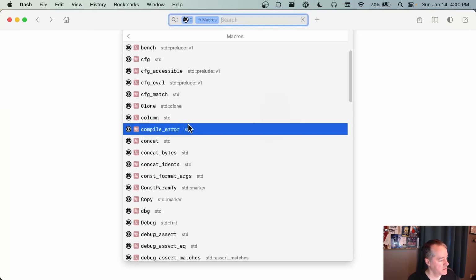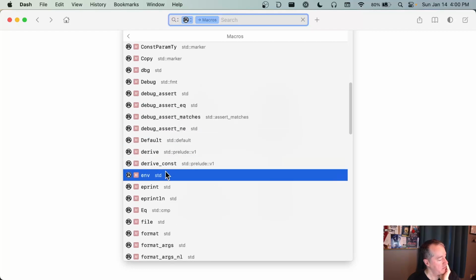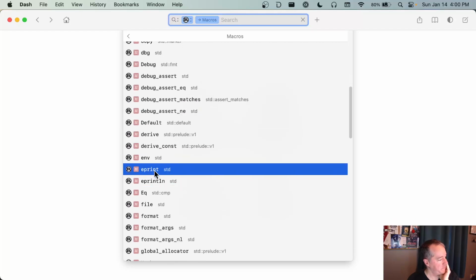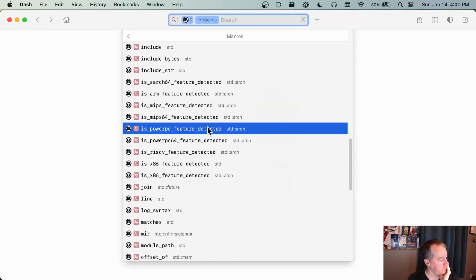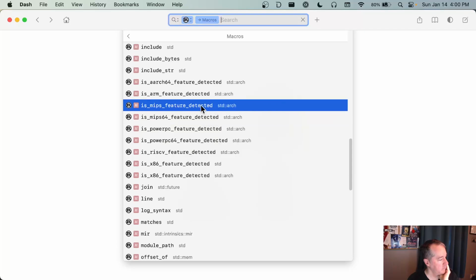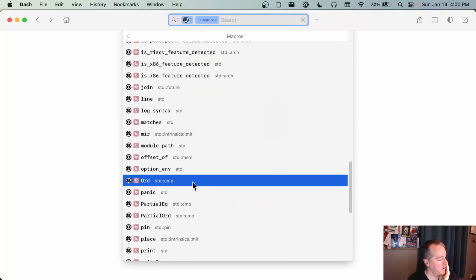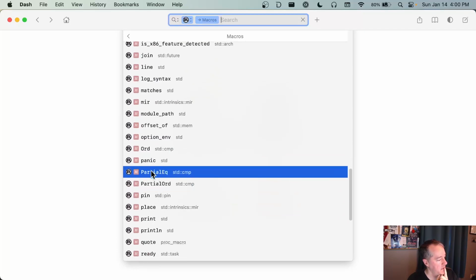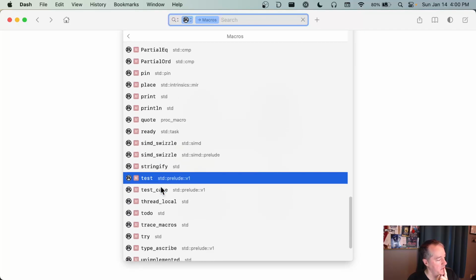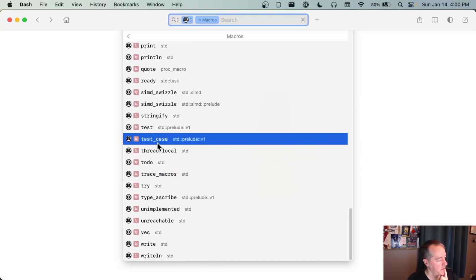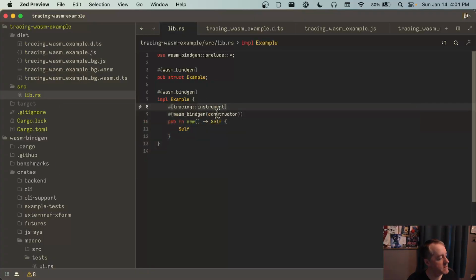Let's look at macros again. See if there's anything else in here that would be an attribute macro. That's not an attribute macro. Oops. Yeah, I don't think we need to consider any others right now. Okay. So let's go with